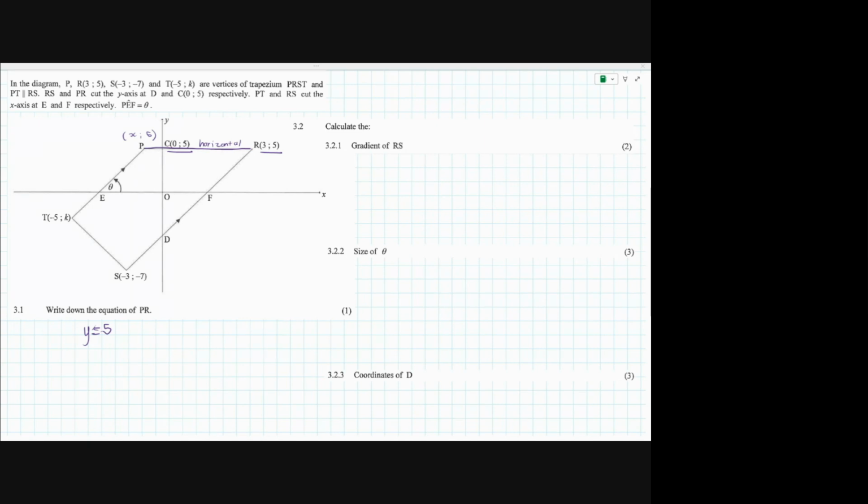Okay, guys, let's have a look. If you're not done, again, don't stress. You can just work with me as we go along. So the gradient of RS, nice and easy. We have those two coordinates. So this would be, and again, remember, it doesn't matter which is your y2 and your y1. It's up to you. 5 minus -7 over